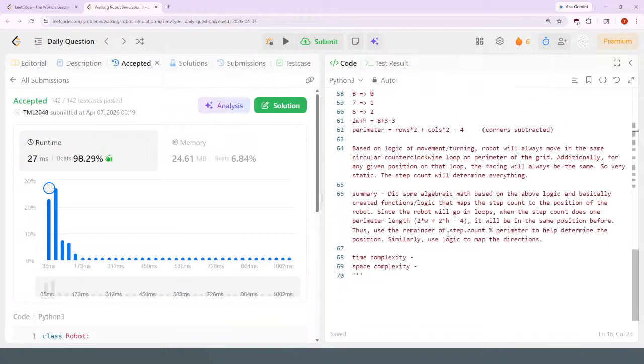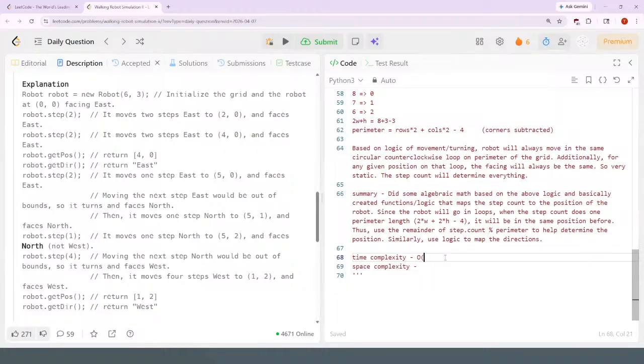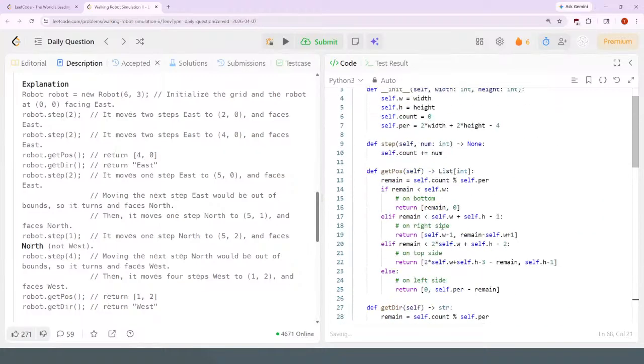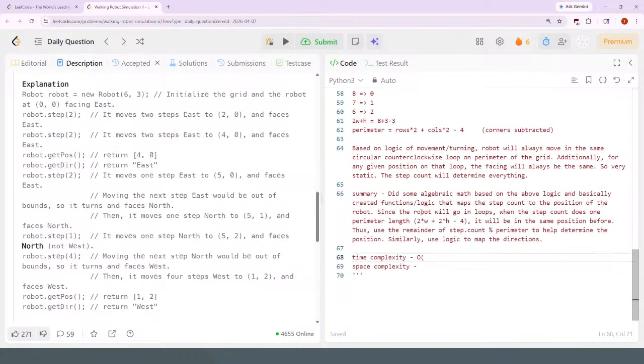Alright, time complexity, this is going to be O of, I don't even know what this means. Time complexity of what? I'm guessing this is time complexity of the actual calls to get position and get direction. This is all O(1) for all functions, since every call does a constant amount of operation work, no loops. There is no simulation of step movement of the robot,